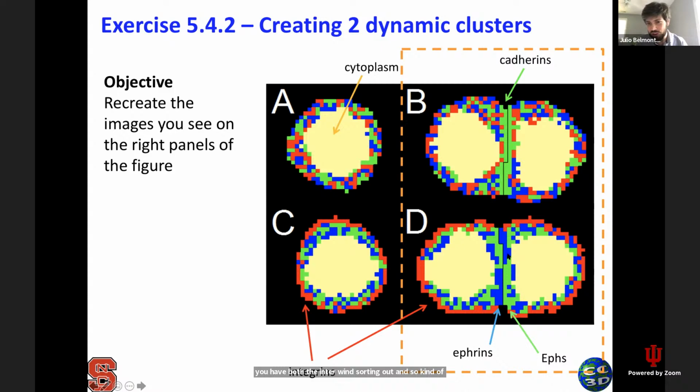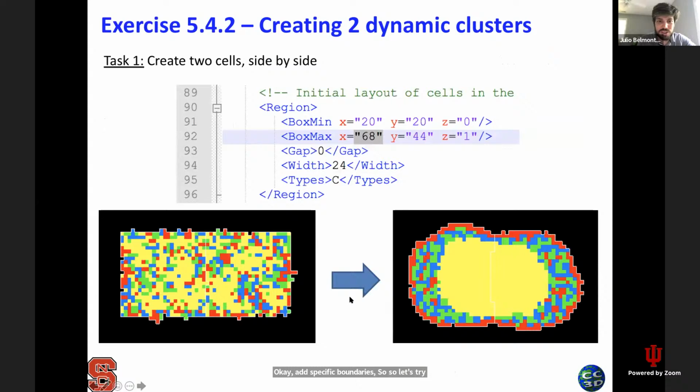interacting along the membrane of those 2 cells, and Frin and Fs are cadherin-like transmembrane adhesion proteins that actually prefer to interact with an opposite type of molecule. So Frins interact with Fs, but not Frins with Frins on the same side. Okay, so that's actually a way to get sorting out of tissues at specific boundaries. So let's try to do those 2 on the right. So the first thing